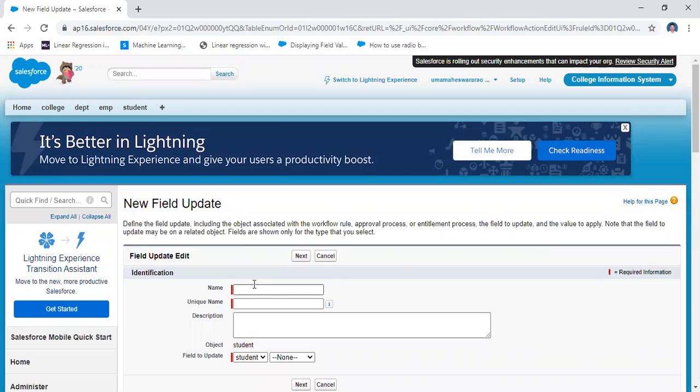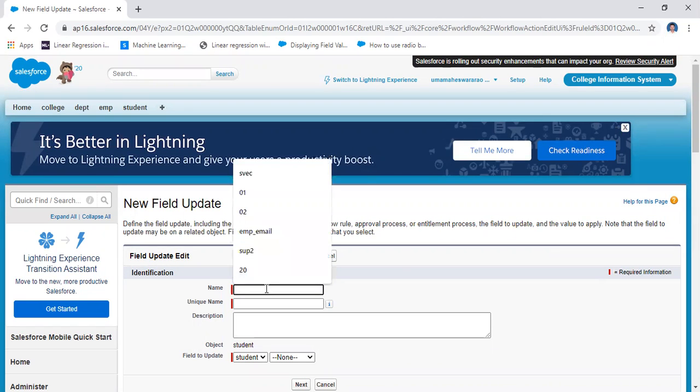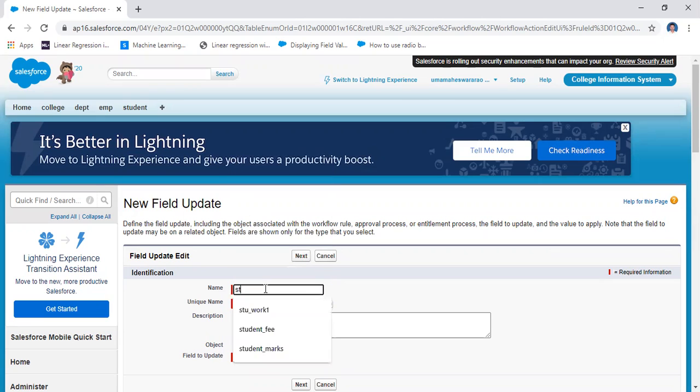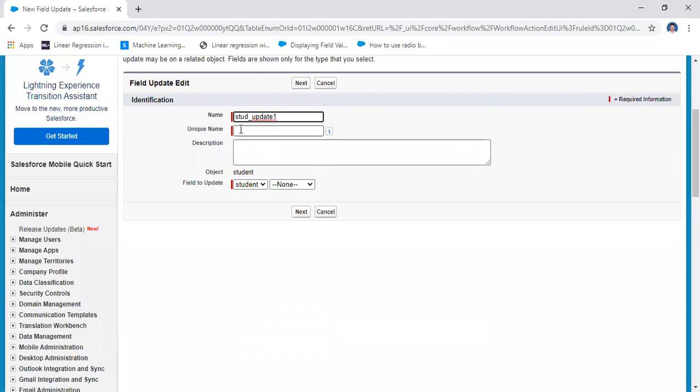The name, let us assume, student_update1. Which field are you going to update? Fee.